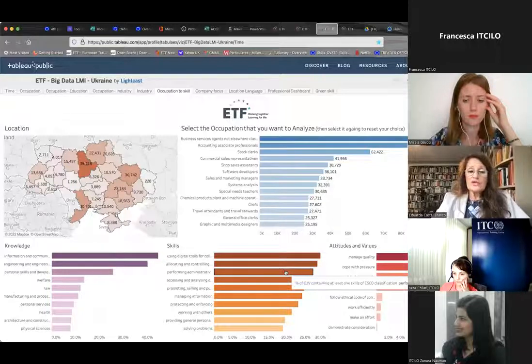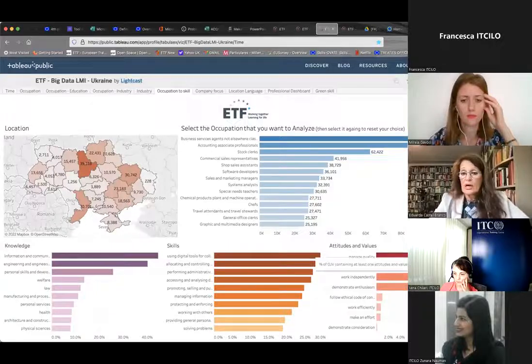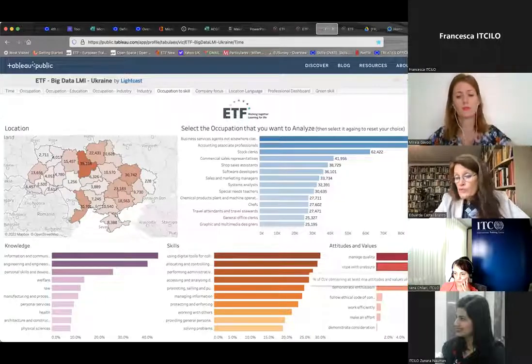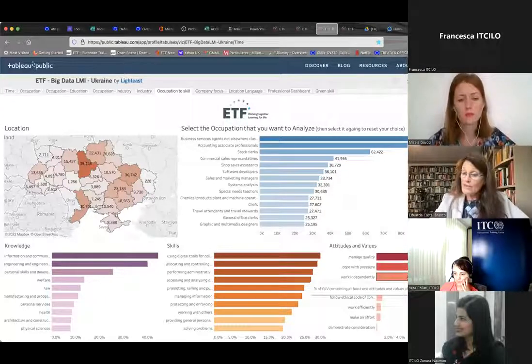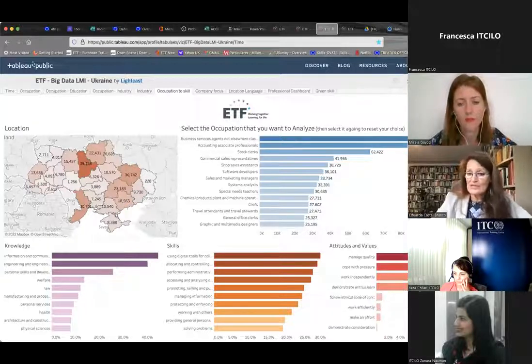And of course, naturally, the profile of skills or knowledge, attitudes and values varies very much according to the labor market, the country. Look, for example, at attitudes and values. Manage quality appears on top. Cope with pressure, second. Work independently, third. Demonstrate enthusiasm appears as fourth. Interesting